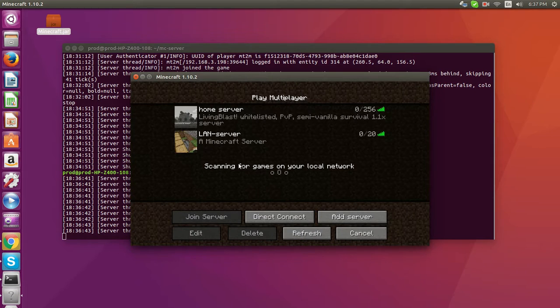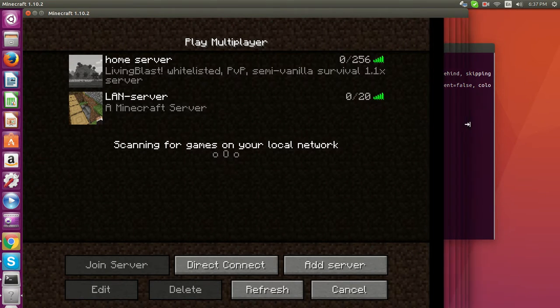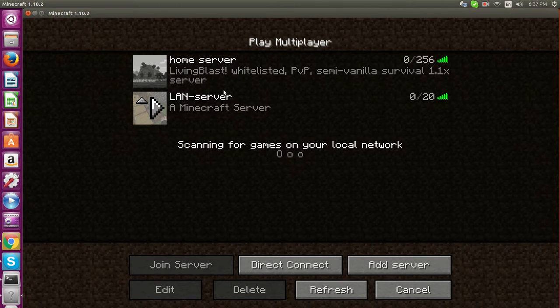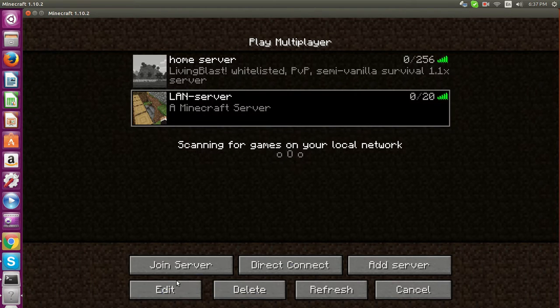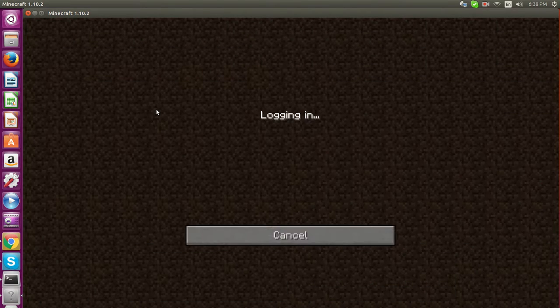go into multiplayer, expand this so you can see what's going on. LAN server, so again, look at the server properties. I mean, the default port for Minecraft is 25565. So when you add a server here, you don't include the port number. It's just the IP address of the machine. And when I join that server,